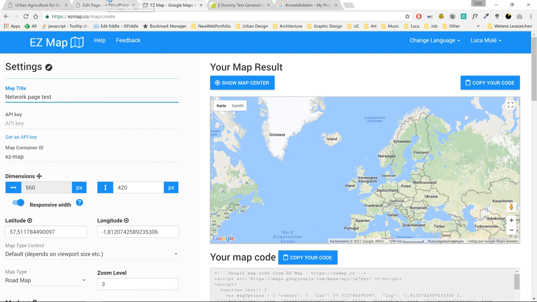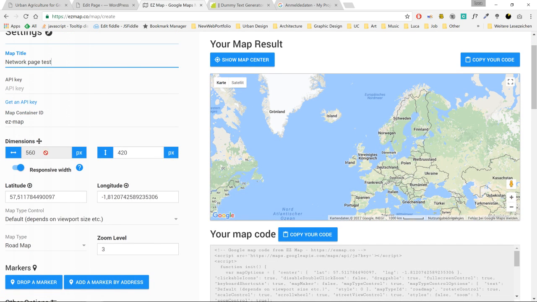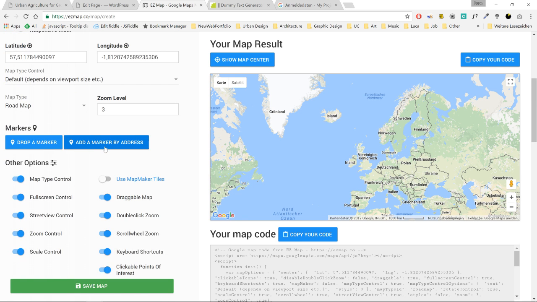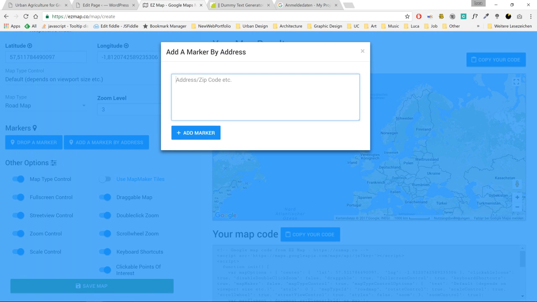So let's go back to the page, to EZMap, and so we said we don't need the API key. We scroll down. Here's the dimension of the map, which is now set to 560 pixel by 420. We leave it like this because our map has a custom size and we need to change it later. So what we need to do actually here is just add a marker. So let's say we are in Tokyo,